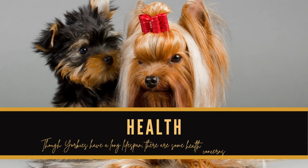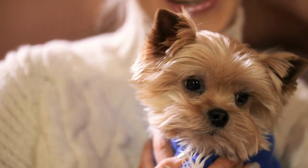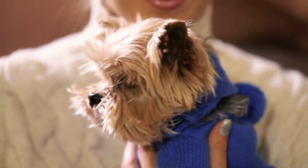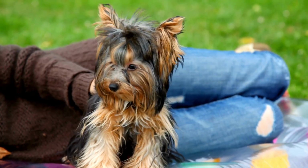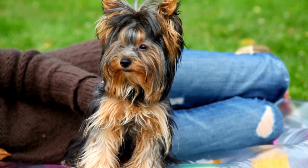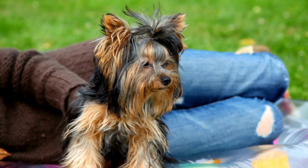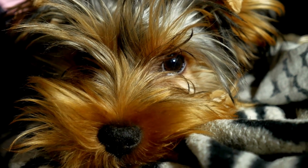Yorkies live a long time, but there are a few health issues to be aware of. A healthy Yorkshire Terrier has a 13 to 16-year lifespan on average. Yet, some have been known to survive up to 18 years. Although the majority of Yorkies lead long, healthy lives, the breed is prone to a few ailments, such as a collapsing trachea, patella luxation, oral health issues, hypothyroidism, the illness Legg-Calvé-Perthes, low blood glucose, hypoglycemia, urinary stones, cataracts, and eyelash